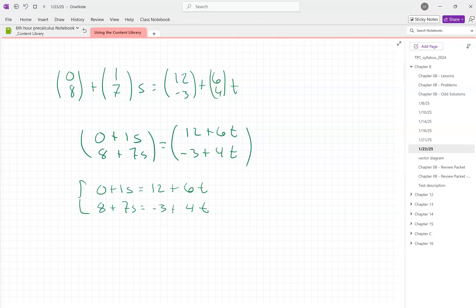In order for me to enter this into my calculator, though, the equations have to be formatted a specific way. So the equations have to be formatted so both variables are on one side and then the constants are on the other. And the variables have to line up vertically. So for the first equation, I'm going to subtract the 6t over, and then the 0 doesn't really matter because it's just a 0, right? And then for the second equation, I'm going to subtract the 4t over, and then I'm going to subtract the 8 over,